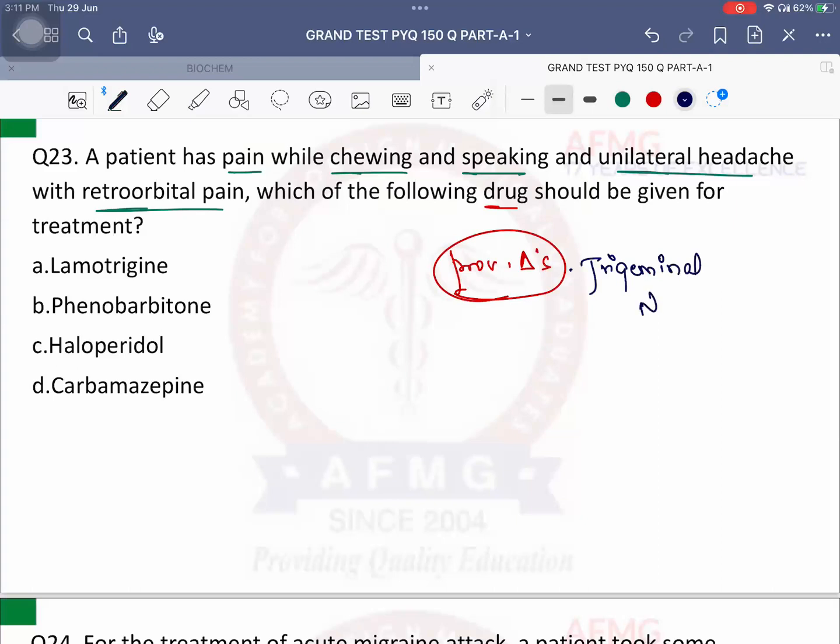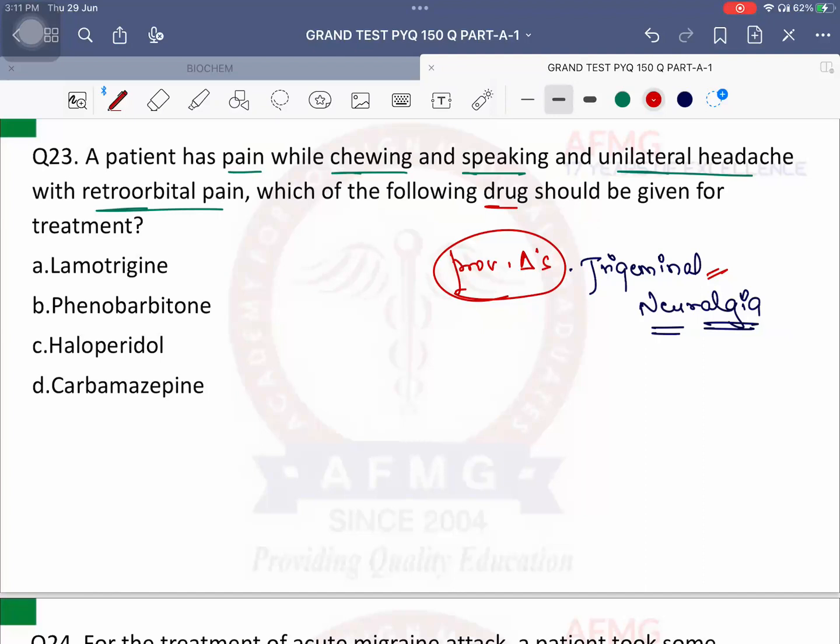trigeminal neuralgia. Now what is algia, guys? Algia means pain. Neuralgia means pain due to nerve irritation. And which nerve is irritated? Trigeminal nerve. Trigeminal nerve gives innervation in this region, na? Usually the temporoparietal region and the ophthalmic, maxillary and mandibular regions. So if the trigeminal nerve is irritated, we will have pain all over here. We will have a unilateral headache in the temporal or parietal region. Along with that, we will have retroorbital pain, which is very characteristic of trigeminal neuralgia, and most important, as it involves the maxillary and mandibular division,